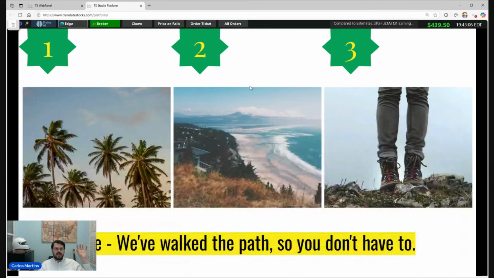We can have all the pillars, the premises for a successful trading. So we have walked the path before, and you don't have to. We can give you a way to do that. And to do that, I'm going to share with you right now the three best strategies that we have right now here inside our company.